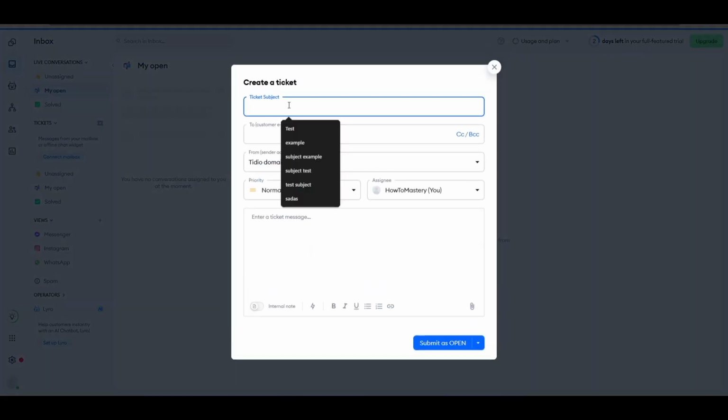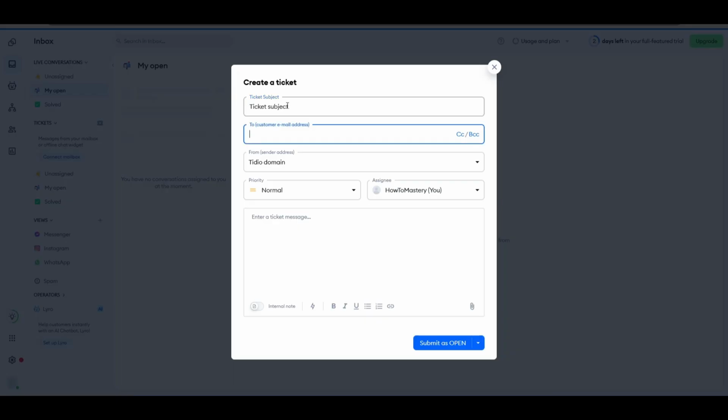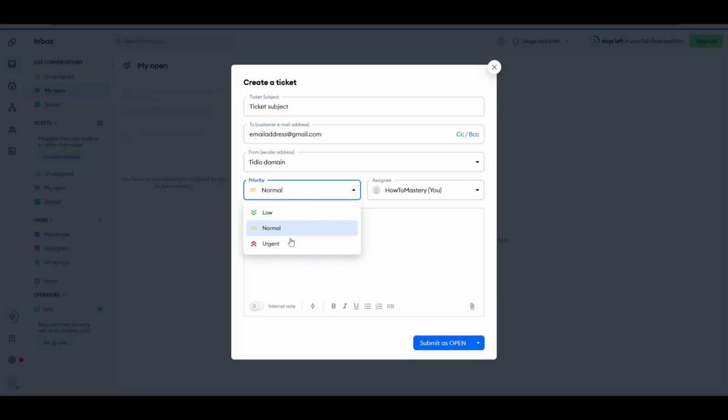From there, just need to type in your subject. So I'll just type in ticket subject, and then your customer email address. So I'll just type in email address at gmail.com. Okay, and then your sender address, and then the priority, whether it's low, normal, or urgent,